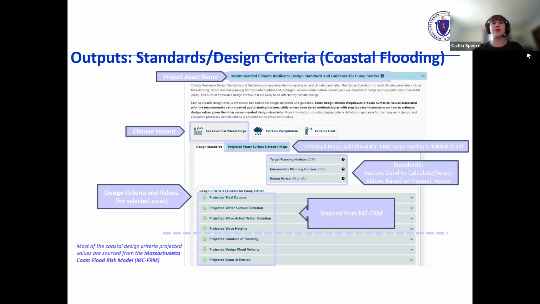The first tab under sea level rise and storm surge provides the recommended design standards. At the top of these design standards is a target planning horizon. In this case, the recommendation is to plan for the projected sea level rise and storm surge conditions of 2070 with an intermediate planning horizon of 2050.